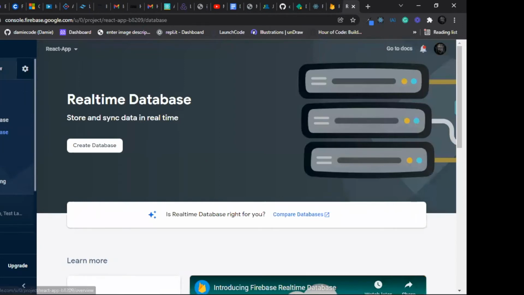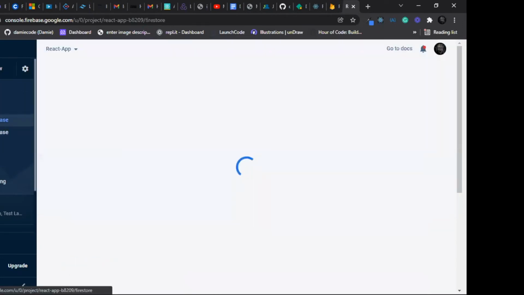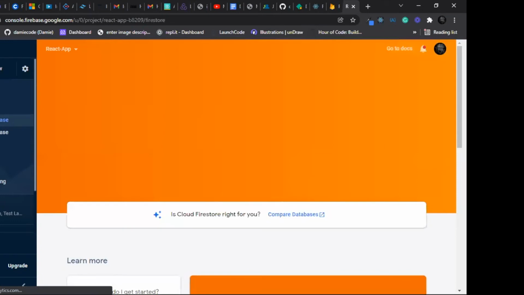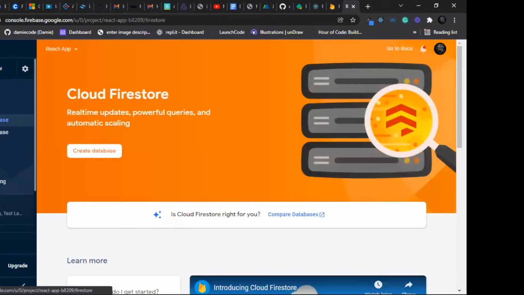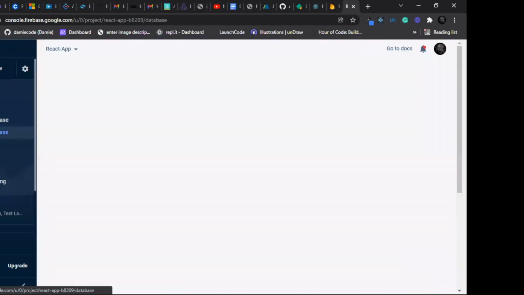For cloud, it's not really real time like that, because after you create your database or create whatever user you want, it uploads it to the cloud, and when you want to pull it, you have to pull it from the cloud. But for real time, it is like